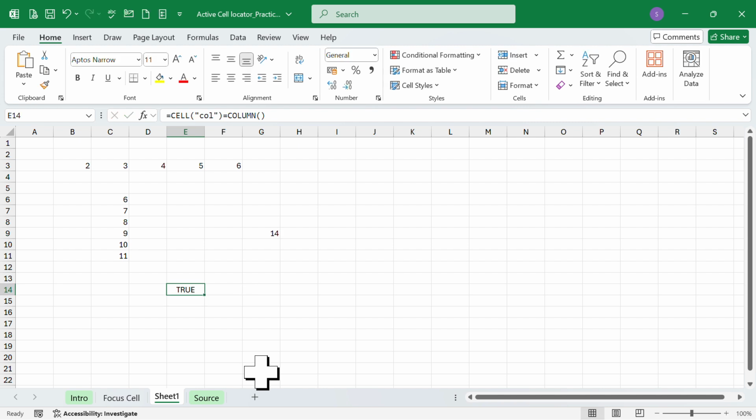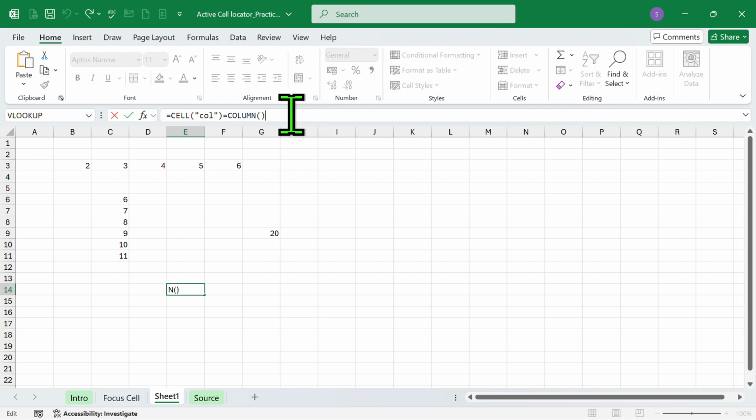So this is what it will do. If I am in the same column, then it will be true. If I am on another column, it will be false. So I can now use this formula inside the conditional formatting. Now